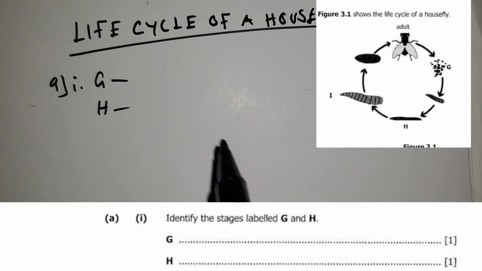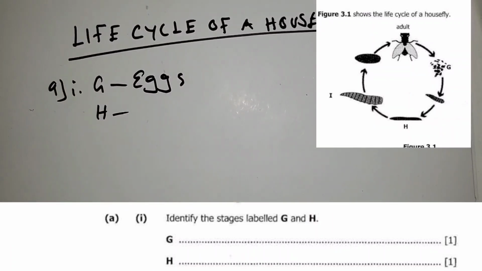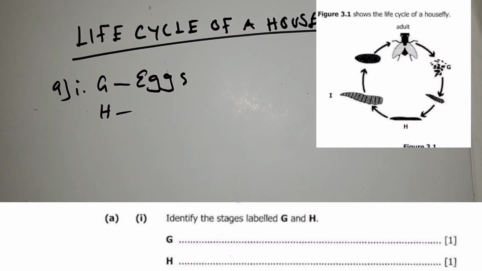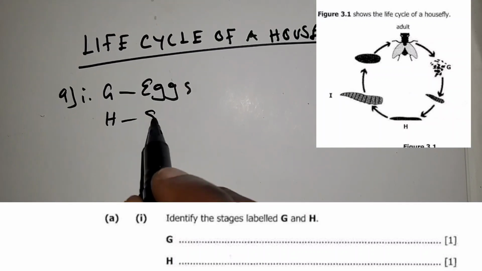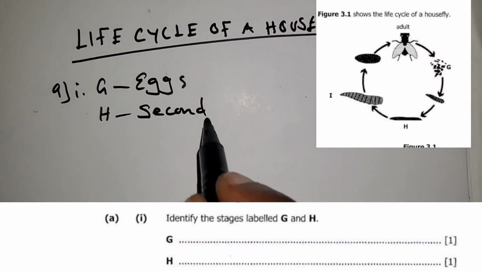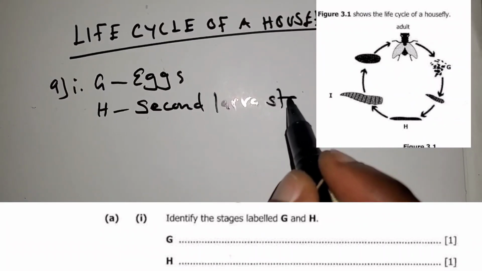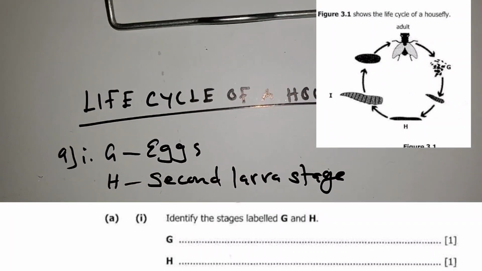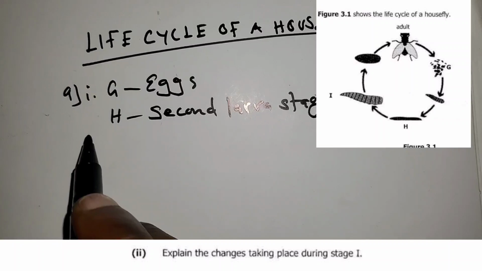So when you look at G, those are eggs. Okay, and when you look at H, you have the first one is a larva stage, the second one is also a larva stage. So you can say H is the second larva stage. Okay, second larva stage. All right. Then question 2,